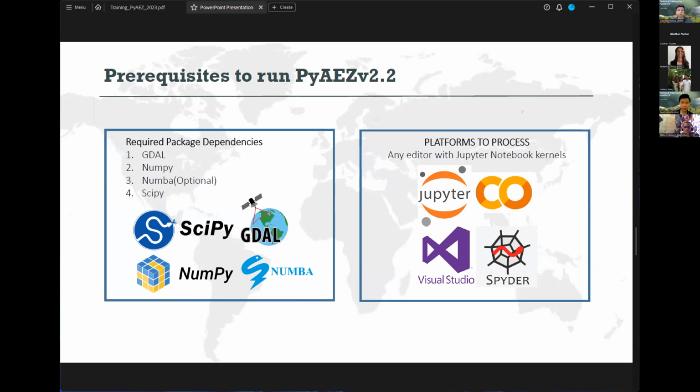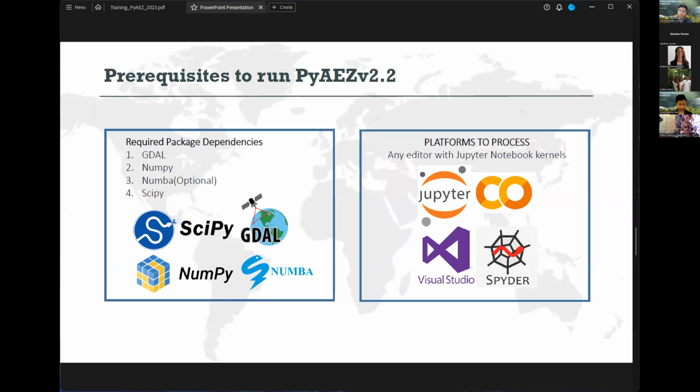The prerequisites for PyAEZ to run are the same as the previous version. Because we're dealing with a lot of maps and georeferenced rasters, we require dependencies such as GDAL, and NumPy to process basic arithmetic. We also use Numba, because we haven't got to the stage where we run everything in parallel.